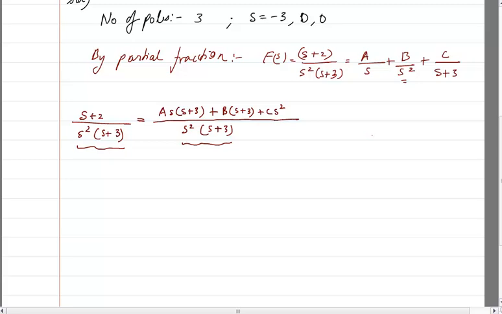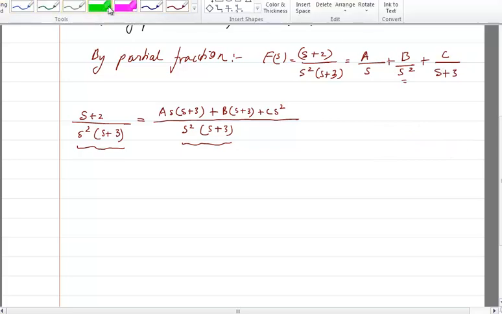Some of you might have a doubt. What I have done is cross multiplication. Suppose I have A divided by s plus B divided by s squared. To make the denominator common, I multiply this one with s, and the numerator also with s. So I get As plus B, and now the denominator is common, so I can write it as s squared. The same thing we have done here, where we have 3.